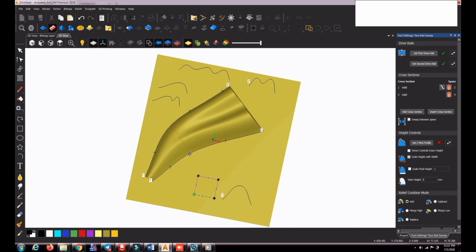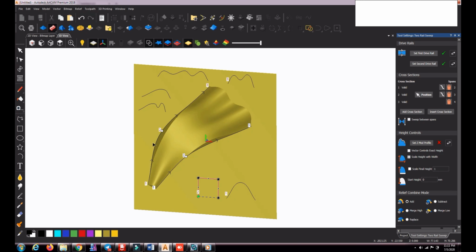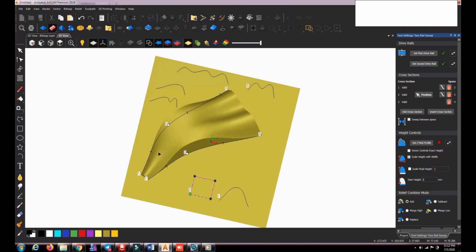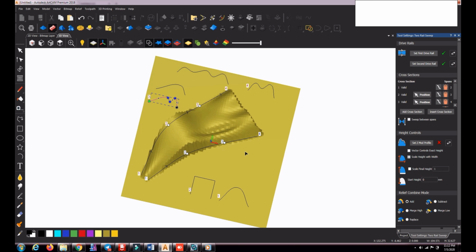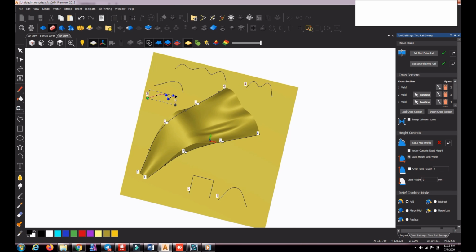On these places, now you can see at this particular point the cross section is like this. If you want some more, we can do that also. Suppose I want to use this particular cross section, I can insert it again and use it. This is the cross section. So you can see the change, it is already developed here.